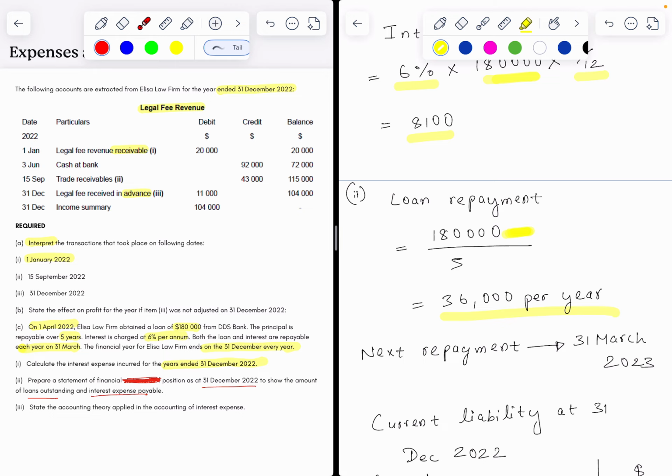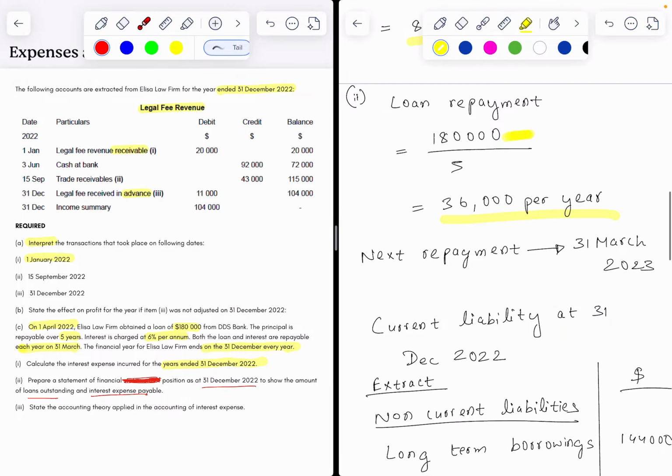Given that today we are at 31st of December 2022, this is the day where we are preparing our books and the financial statements, which are the income statement and the balance sheet, right? We have to show what's going on. So we understand that the next repayment is at 31 March 2023, which is this $36,000 that you're going to repay, right? When we are preparing the books at 31st of December 2022, we have to show this as a